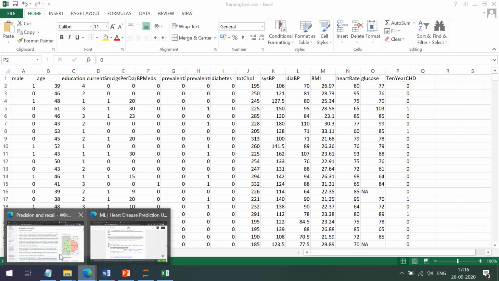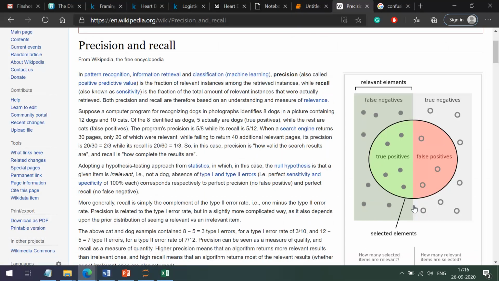Then if you plot such points in this diagram, let us consider the gray points represent the value one, that means that person has CHD, that is coronary heart disease, and these hollow points are representing the value zero. This circle is representing the result of our prediction.